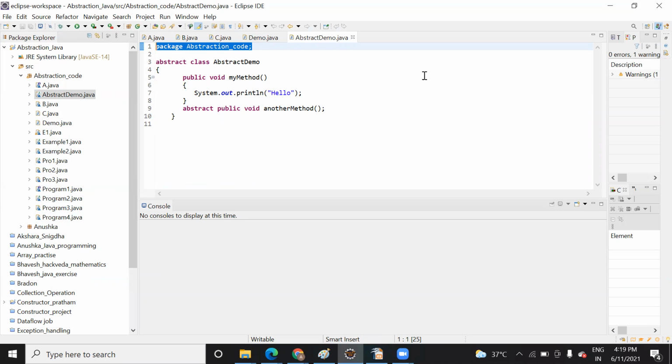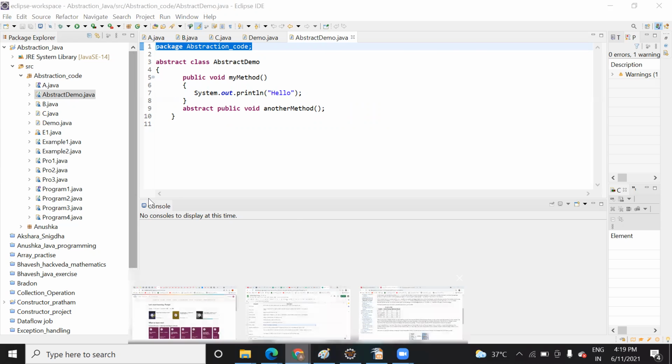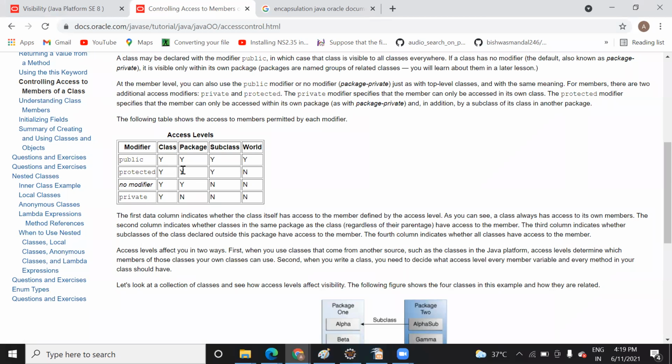Outside world in the sense, suppose you are also creating a package abstraction code, and if you want to use my code, you won't be able to use it. Why? Because you are the outsider. That is a different thing if you say I am going to import your code and then run it. In that case, I am providing the code itself to you. But here what I'm saying is, it is accessible within the class, accessible within the package by all the classes, by a subclass, but not to the world. Means it is not available on the internet as open source.